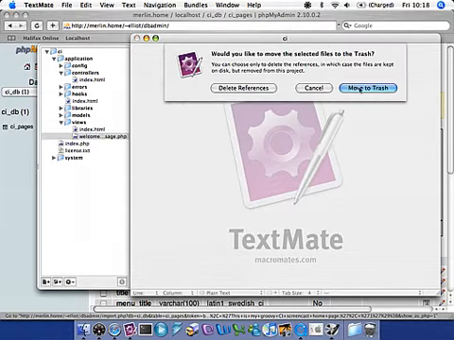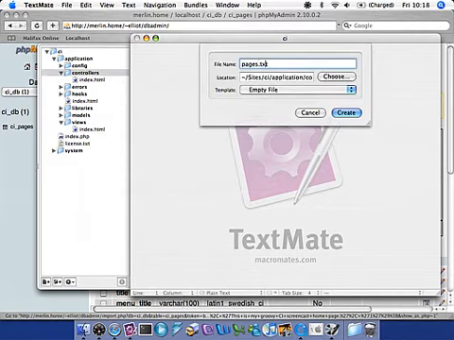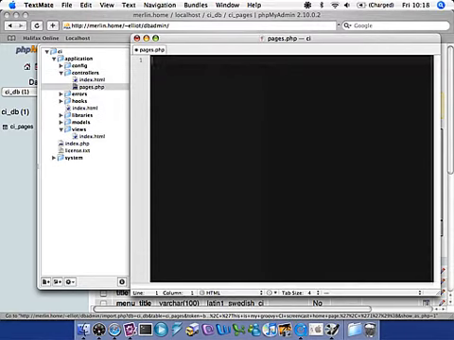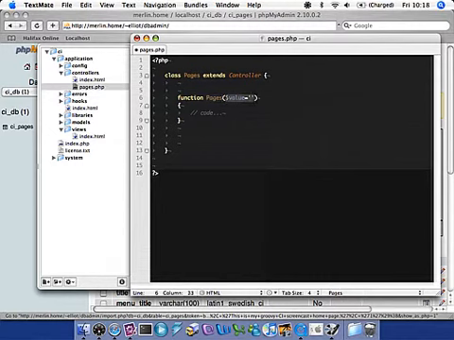Great, now let's just set up a new file called pages.php. This is going to be the pages controller. So I'm going to put in there the basic controller. All it is is a class called the same as your controller, and it extends the controller, and then you have a function called pages, and within that function I'm just going to call the parent's constructor like that. So that is a basic